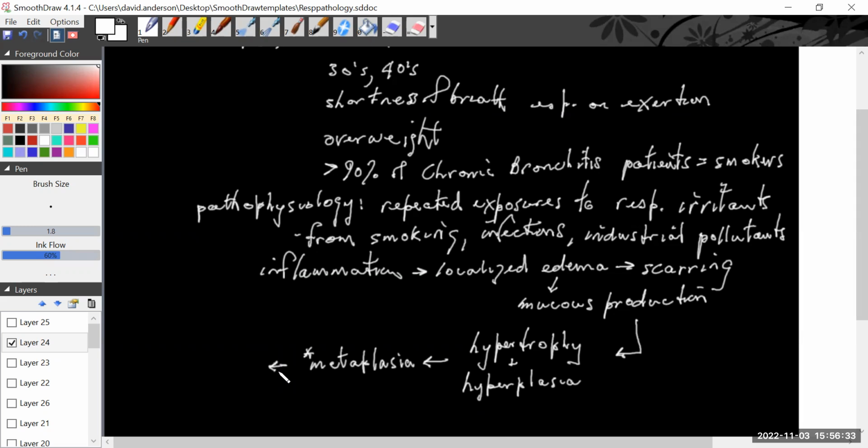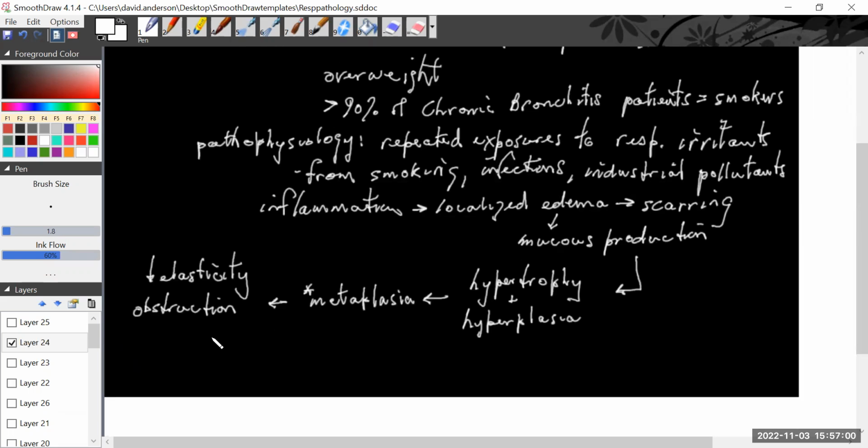But that reduced elasticity and the scarring and all of that stuff leads to obstruction. So that, and again, because it's chronic in its development, COPD. That's where the terminology comes from. Decreased